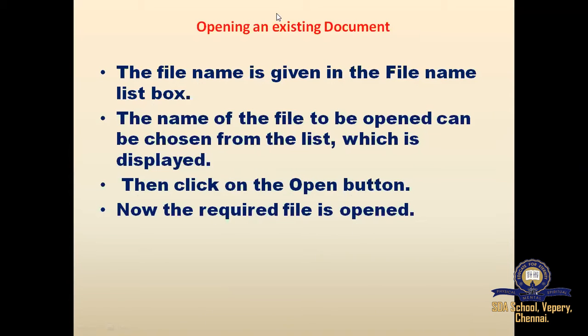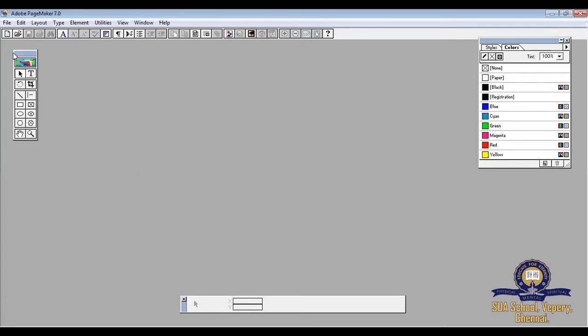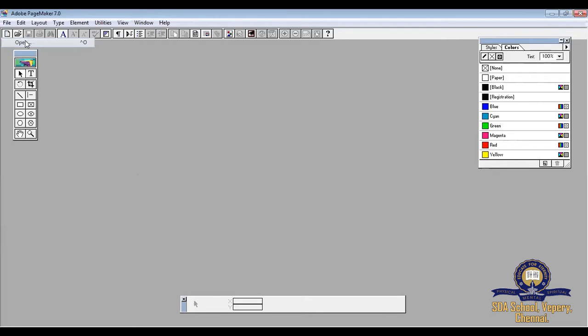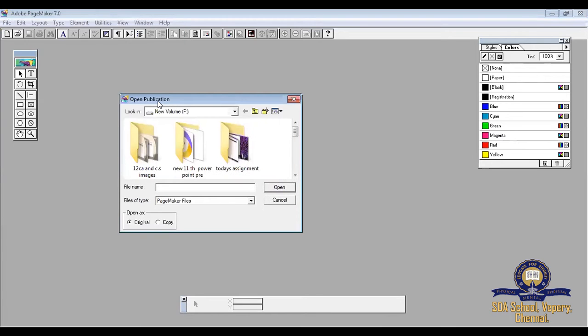Let me share the Adobe PageMaker window and show you how to open a file. Please go to the File menu, choose the option Open. The Open Publication dialog box comes on the screen. At present, I am in the F drive of my computer.